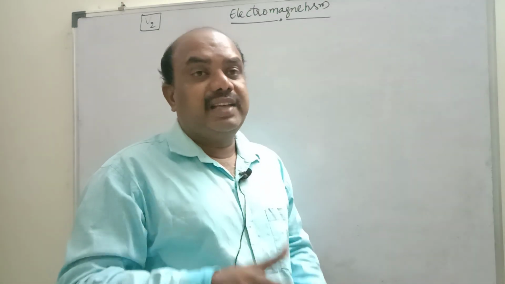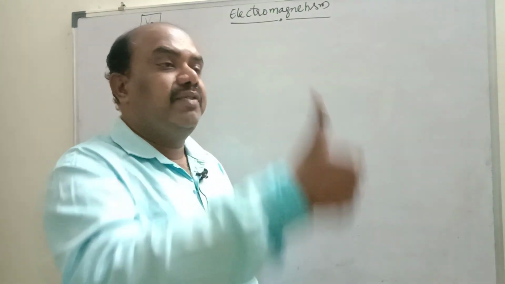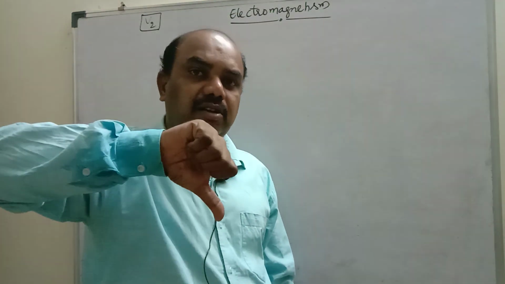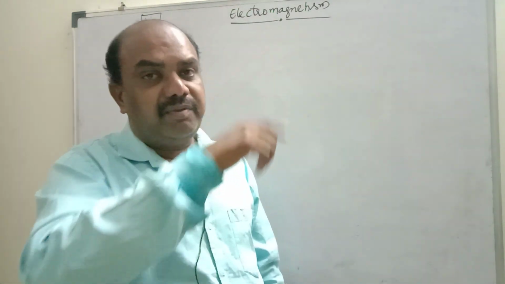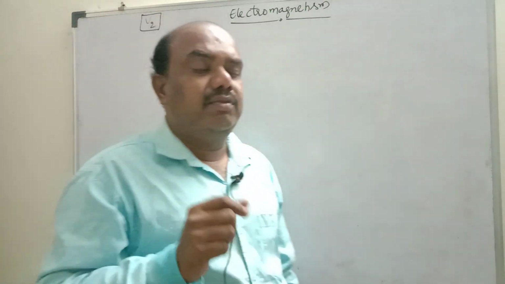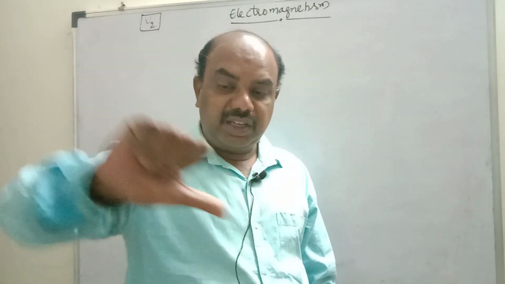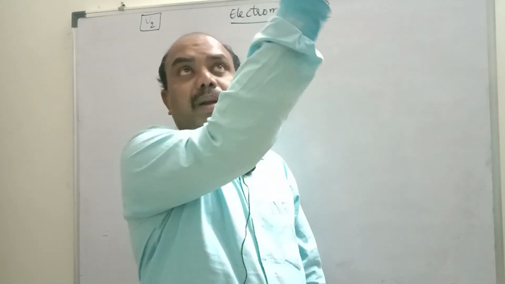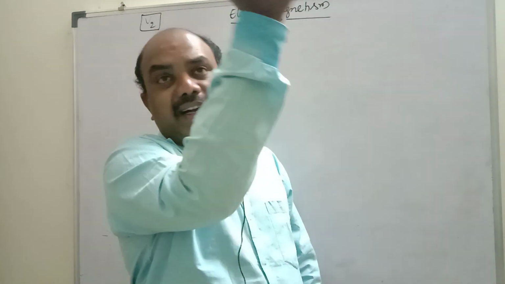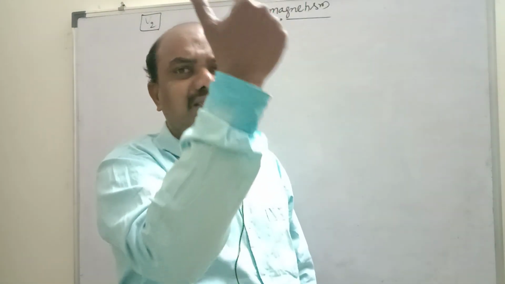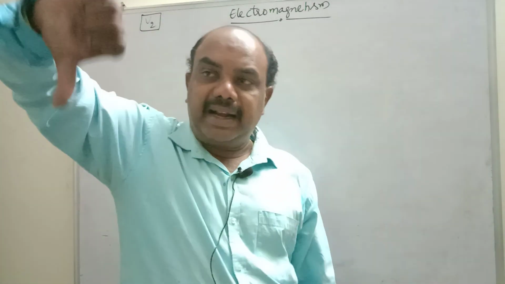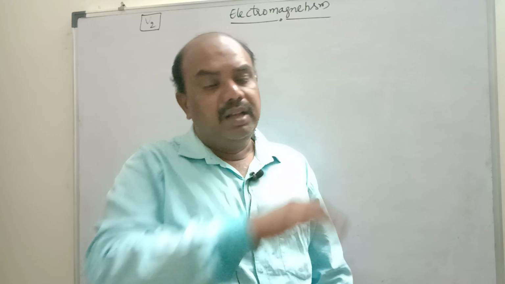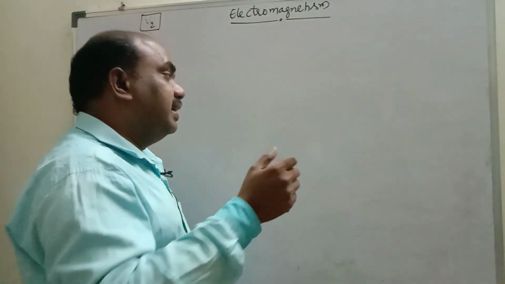One more thing also we saw, the right hand thumb rule. In a straight wire, if current goes up, the magnetic field is anti-clockwise. If current goes down, the magnetic field is clockwise. In a circular wire, four different types of magnetic fields also we saw. In the downward direction, if current is in an anti-clockwise direction, the magnetic field is away from our face. In the upper part, if current is in the direction of the thumb, the magnetic field is towards your face. On the right side the magnetic field is clockwise, on the left side the magnetic field is anti-clockwise. Four different types of magnetic fields we saw in a circular wire.